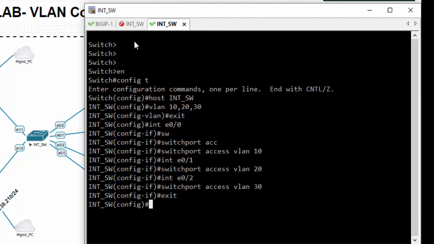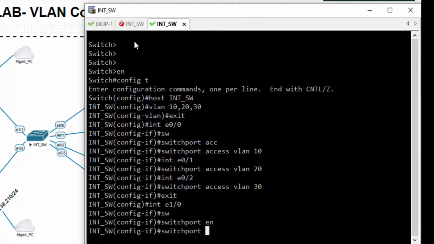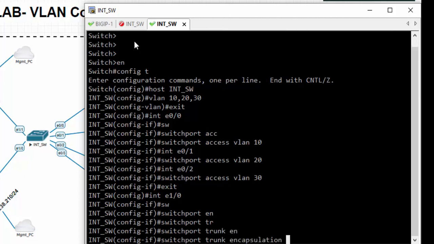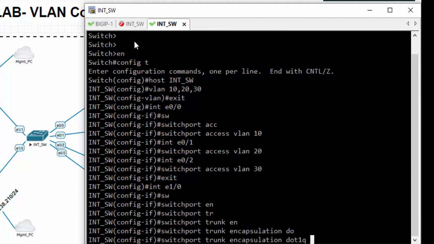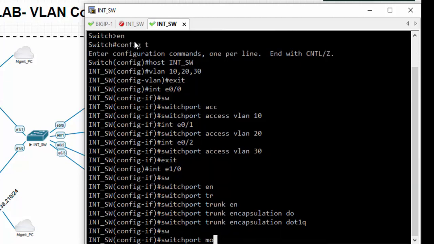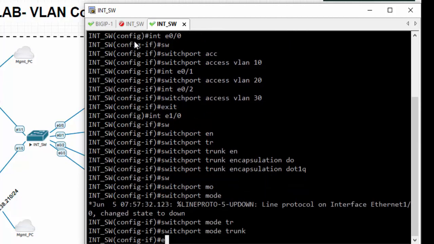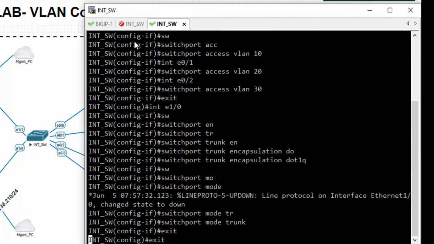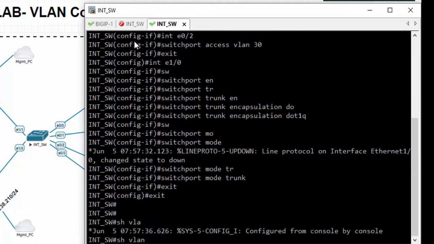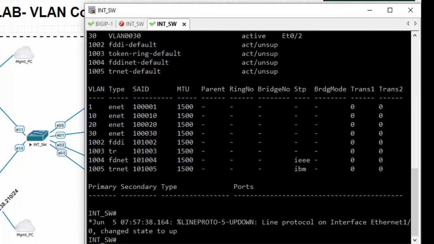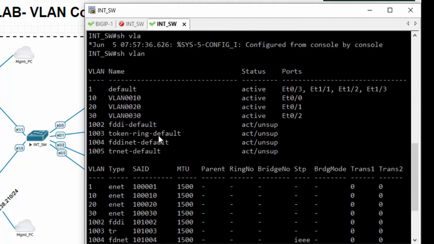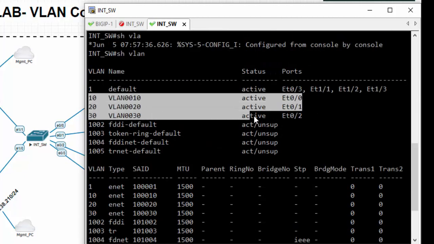And interface E1/0 as switchport trunk encapsulation dot1q, and switchport mode trunk. Let's see the VLANs. Show VLAN. So we have three VLANs, that is VLAN 10, 20, and 30, and the respective interfaces.